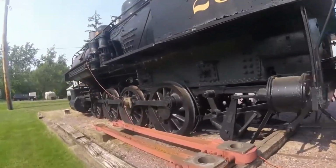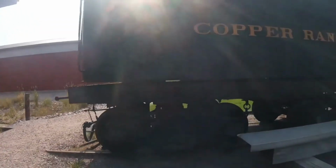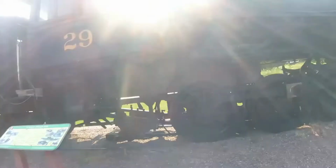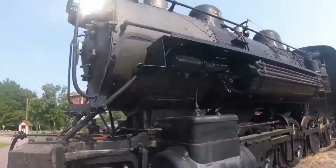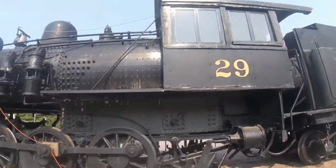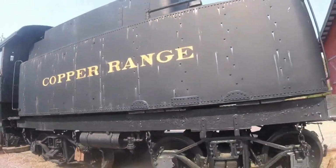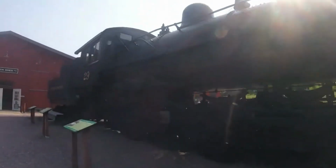In 1967, it was sold to Keweenaw Central Railroad, which is a tourist operation and used on their passenger excursion between Calumet and Lake Linden, Michigan. Boiler problems sidelined the locomotive in the fall of 1970. The abandonment of the Copper Range Railroad in 1972 forced Keweenaw Central to cease operations and move their equipment out of Calumet. It sat outside the ruins of the Quincy Smelter in Hancock, Michigan, exposed to the elements from 1973